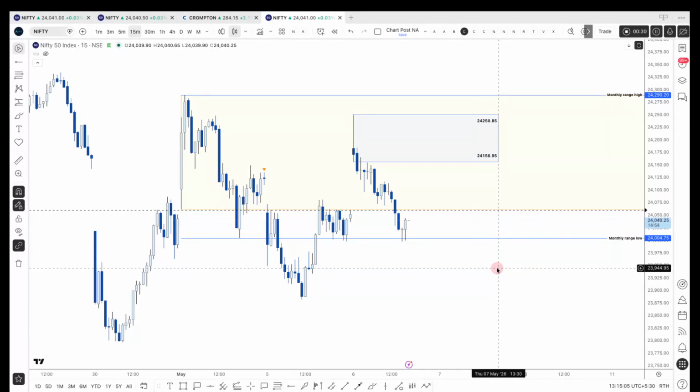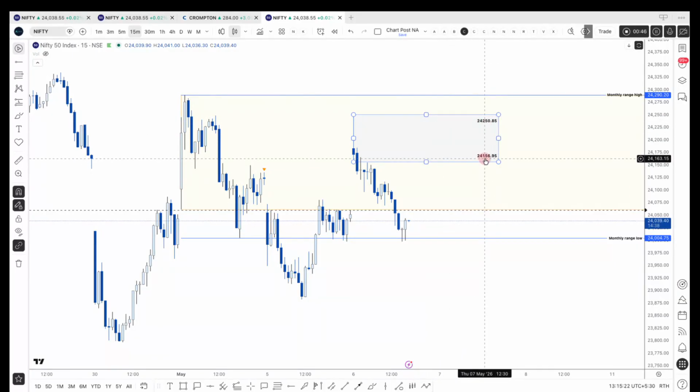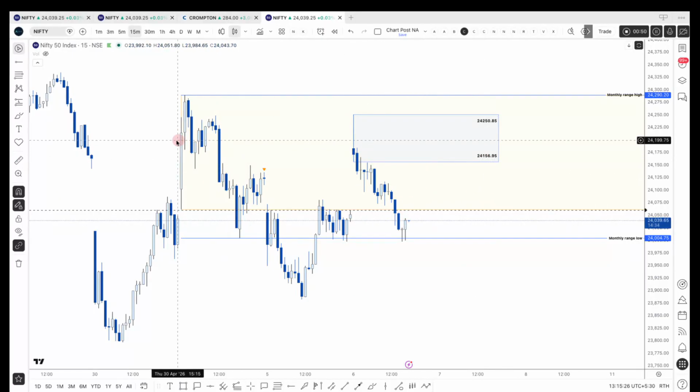Even after we had a good gap up today, it was a quick gap filling session since the morning, since the first candle. The first 15 minutes ORB was defined between 24,250 to 24,156. It was breached, but then, a very interesting fact, it was in between the ORB of an hour, which actually lasts for the entire week.